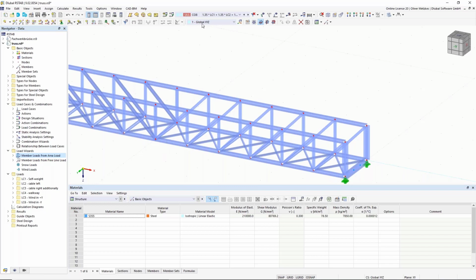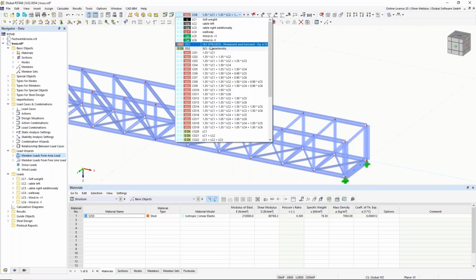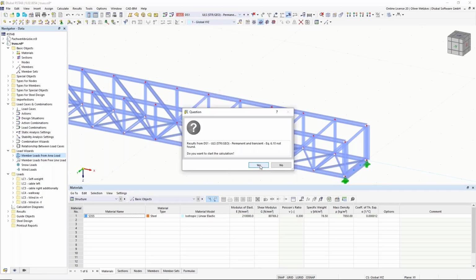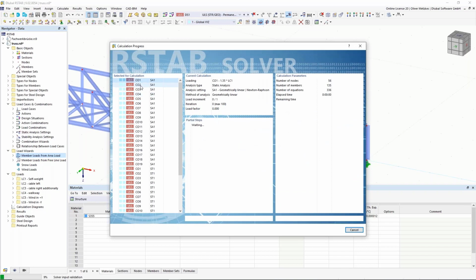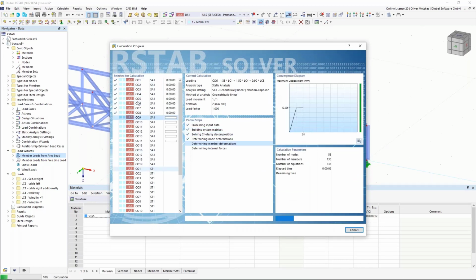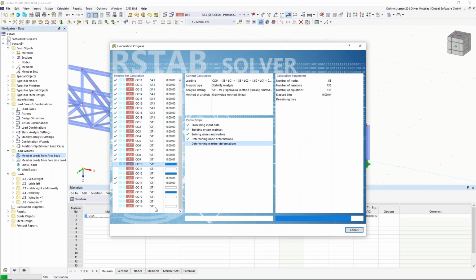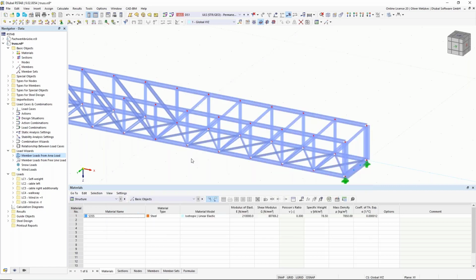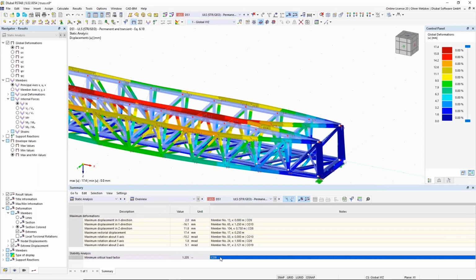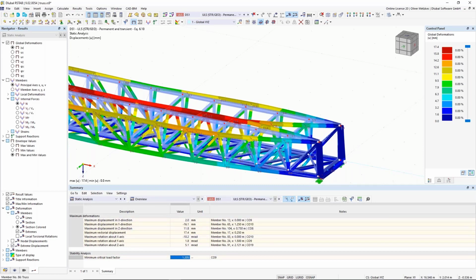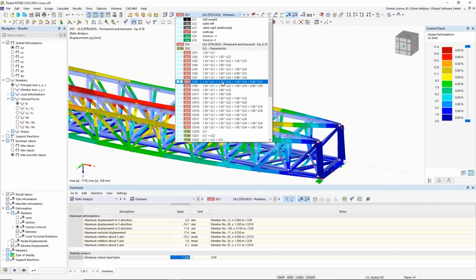And if we now look again, for example, at this combination 8, or we can calculate design situation number 1 again. Then you see it again, static analysis for all those 19 combinations and also stability analysis for all the combinations. And now we see the result. Now the governing load combination would be combination number 9, but the minimum critical load factor is now 1.2. So if you now look at combination number 9,